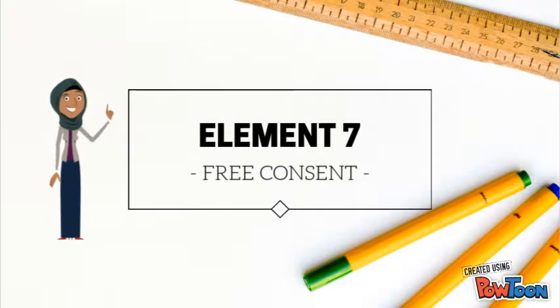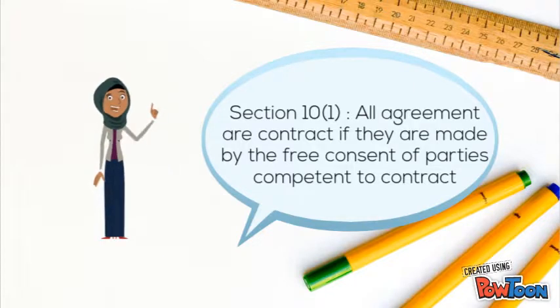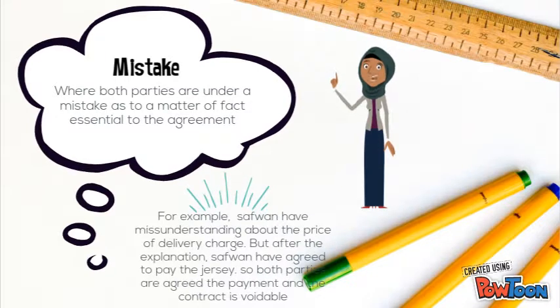Element 7, free consent. Section 10(1): all agreements are contracts if they are made by the free consent of parties competent to contract. Mistake, where both parties are under mistake as to a matter of fact essential to the agreement. For example, Safwan had a misunderstanding about the price of the delivery charge, but after the explanation, Safwan agreed to pay for the jersey. So both parties agreed on the payment and the